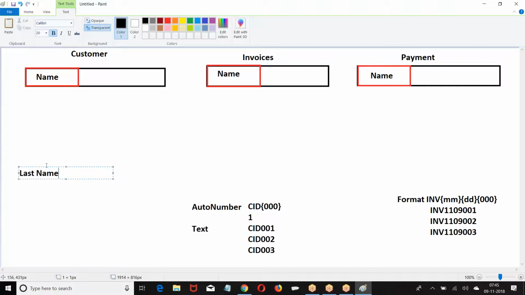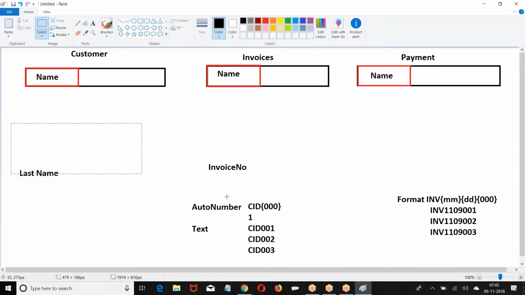Last name. Here, invoice. Do you have any name for invoice? Here, I want to store the invoice number. In that field, what data do I want to store? Invoice number, which is auto-generated. Now, the field name is name, but what type of data are we storing? Invoice number. So, the type of data we are storing, I have to represent to the user. Otherwise, there is ambiguity. The user feels that it is the name of a customer.